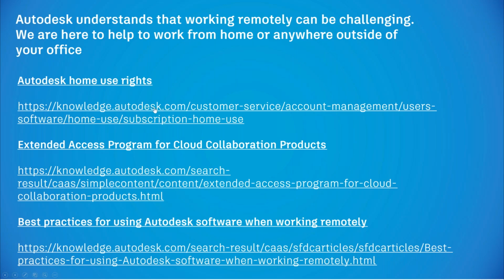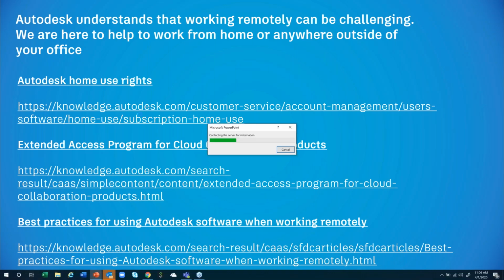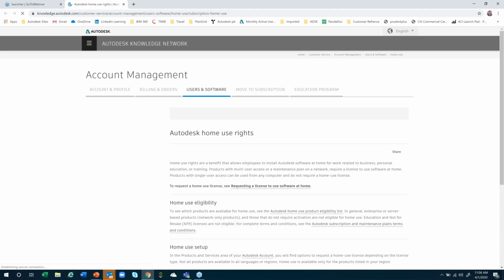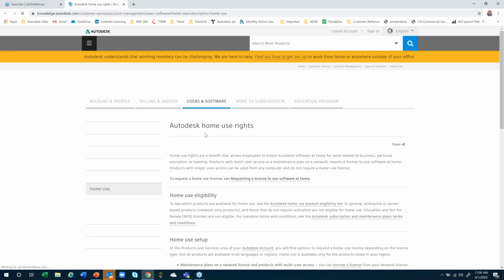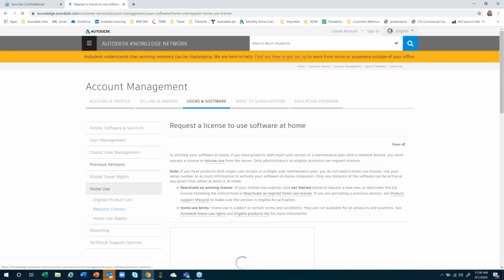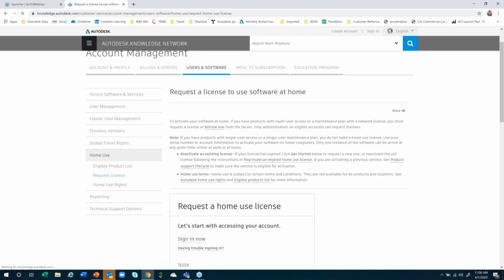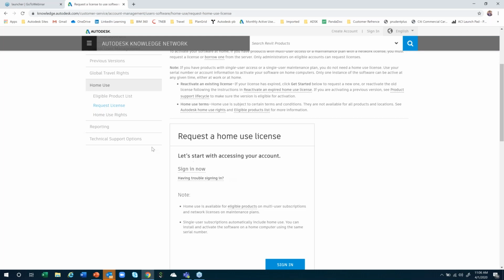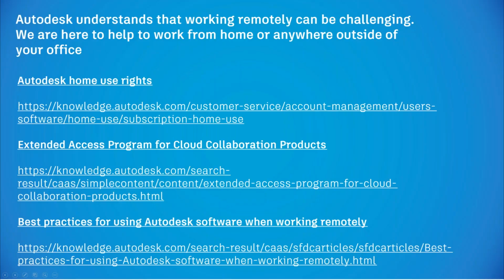I'll just quickly take you through this link. If you can just go to knowledge.autodesk.com, you will be able to see these kinds of announcements. For example, if you want to request licenses to use your software at home, you can just go through this page. You can sign in and follow these step-by-step activities. And if you would like to know what the extended access program is,